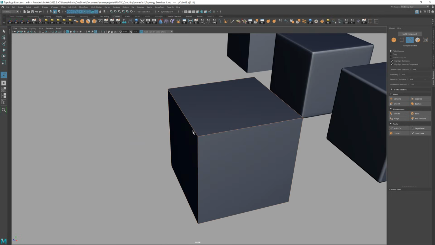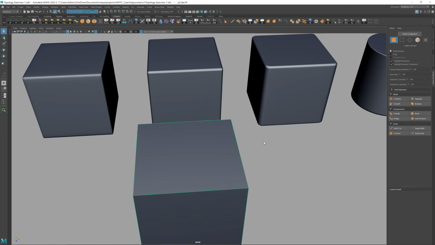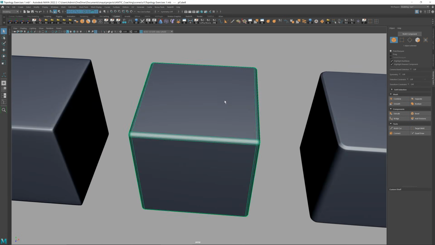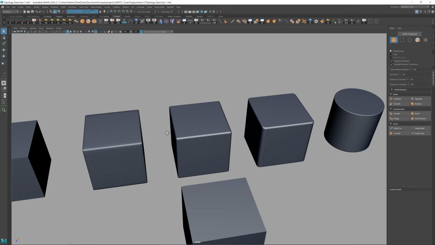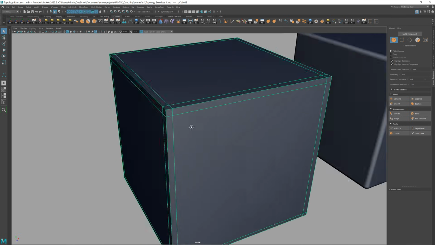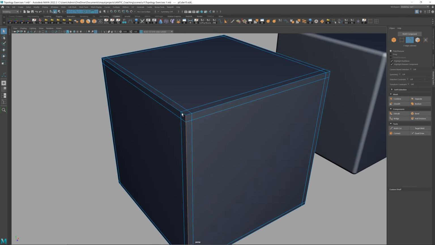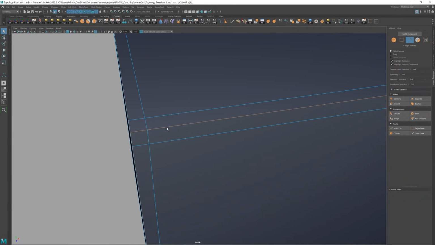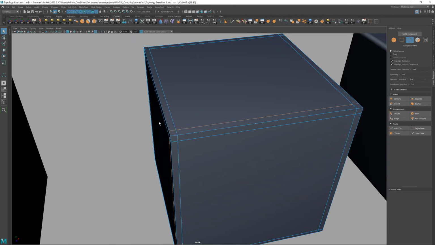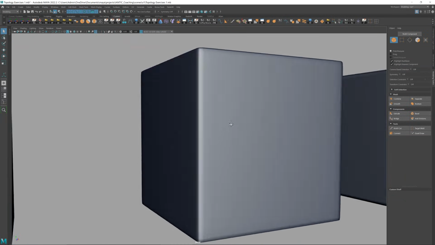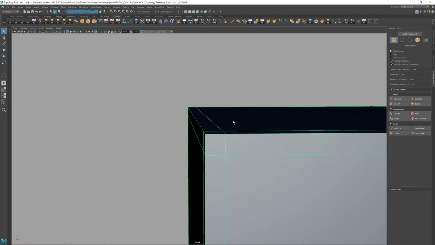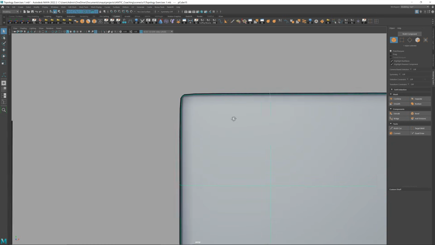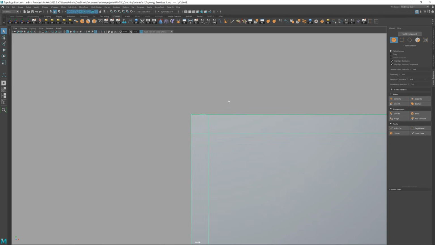So that's bevel. Now I want to talk about a problem with what I just did with these edges. So the idea is I want to support these structural edges, right? 1, 2, 3, and I added these loops. That's good and all, but can you see how we're losing some of that structural integrity? It's quite subtle, but